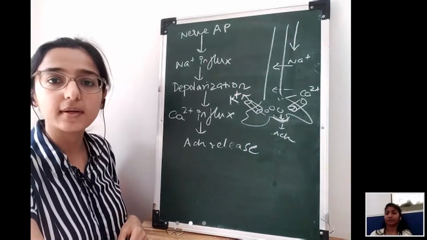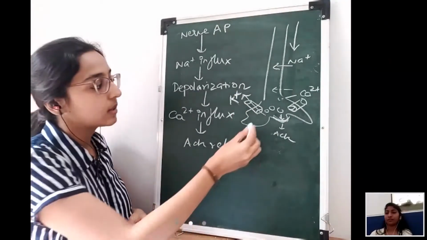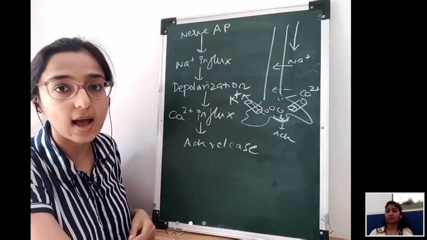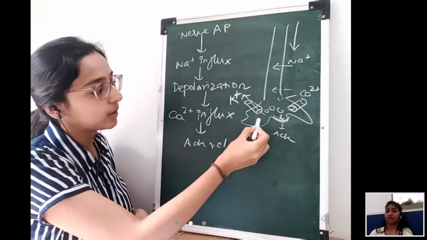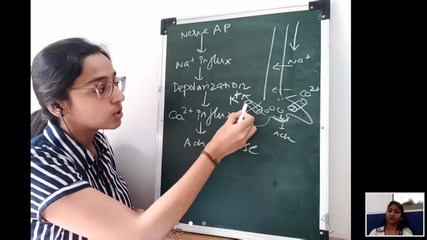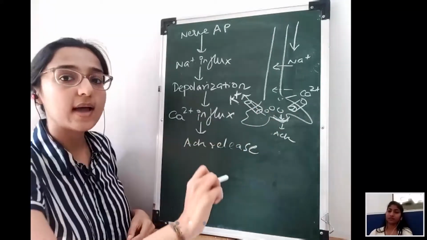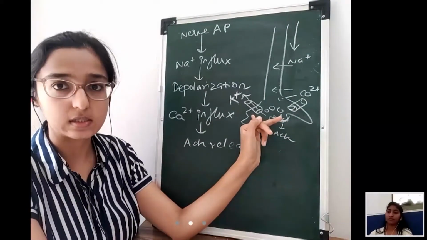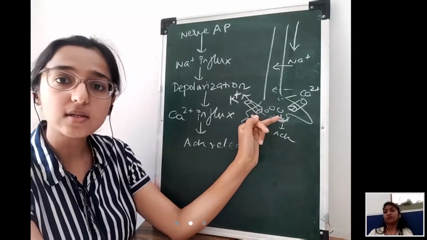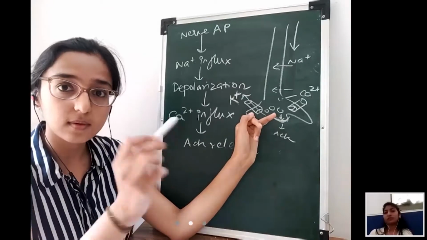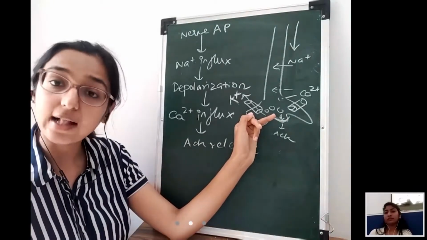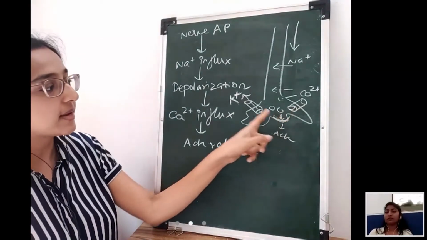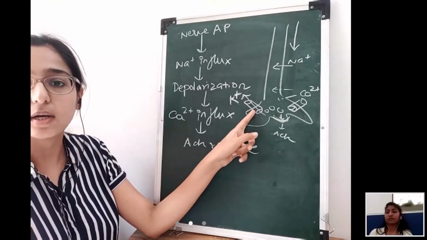Potassium. You know that potassium is predominantly an intracellular ion, so this potassium located inside will sense. There are two types of potassium channels over here. One is sensed by calcium, so that's the calcium activated potassium channel. Calcium entered, the message went to the potassium channel, and it opened.